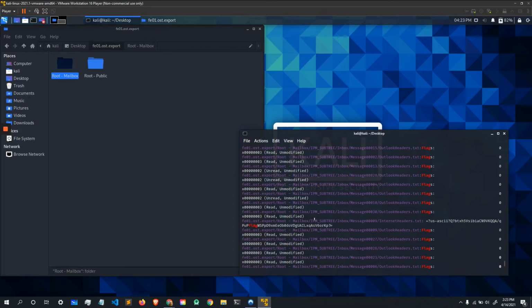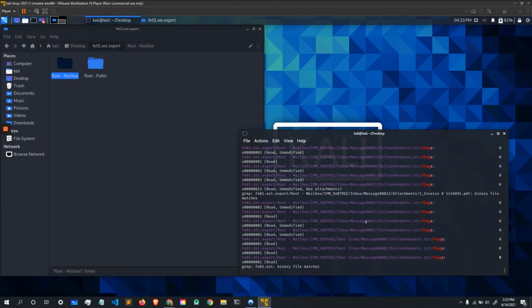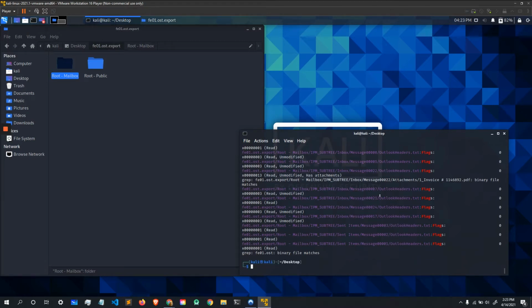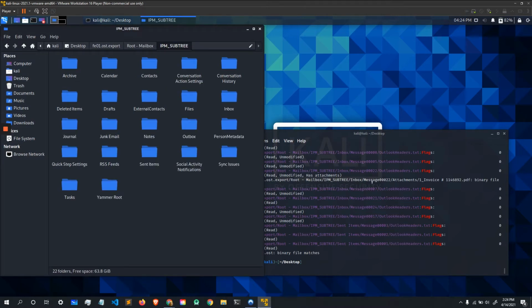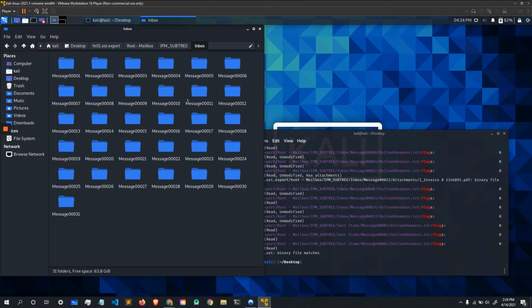And it looks like in message 9, that's an internet header. Wow, this looks interesting. In message 22, we have an attachment. It says one invoice, and the binary file matches the flag word, and that's it. Let's take a look at that. So, mailbox, IPM subtree, message, did I get the right one? Yes. So, mailbox, IPM, inbox, message 22,